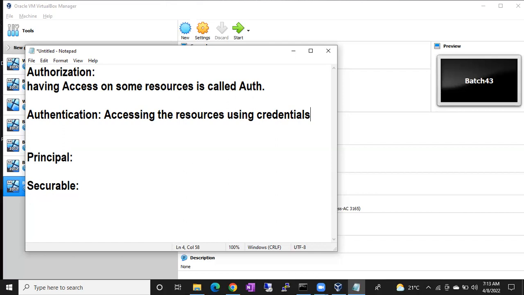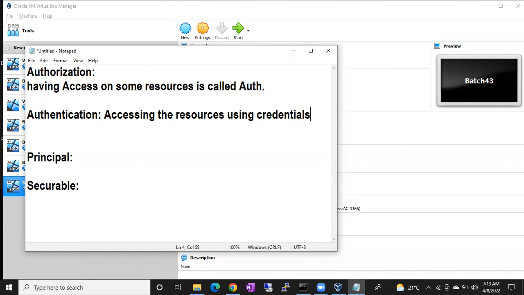Can you enter inside that power room? No, right? Or if you go to any company, there you can see server rooms. Can everyone go inside the server rooms? No, sir.